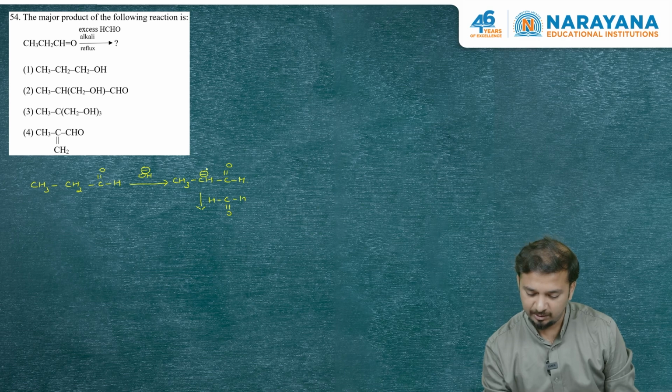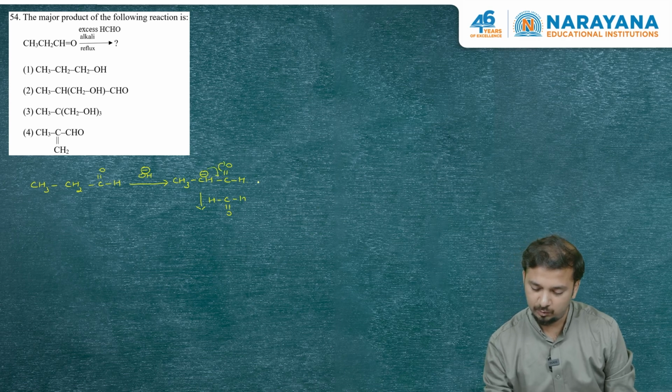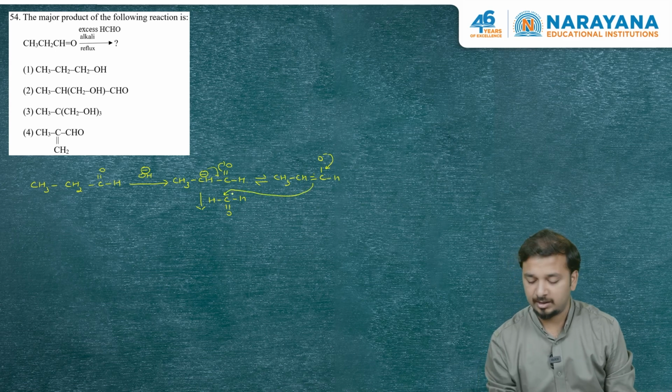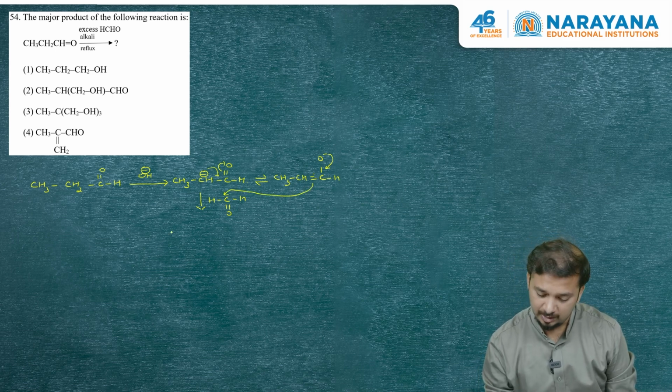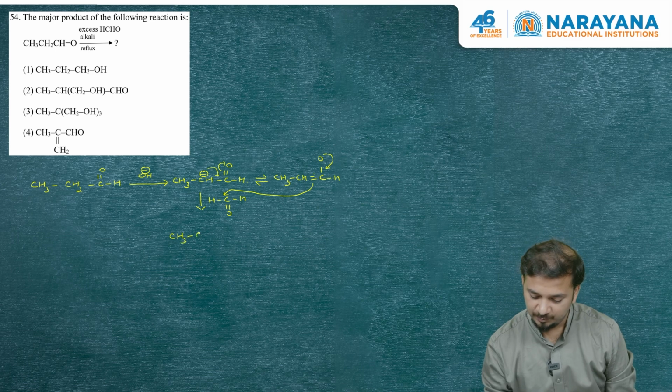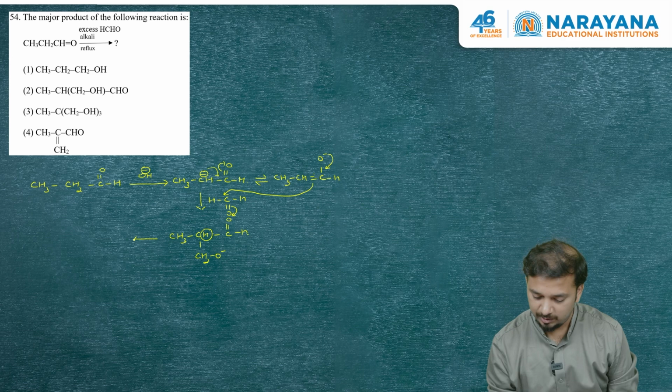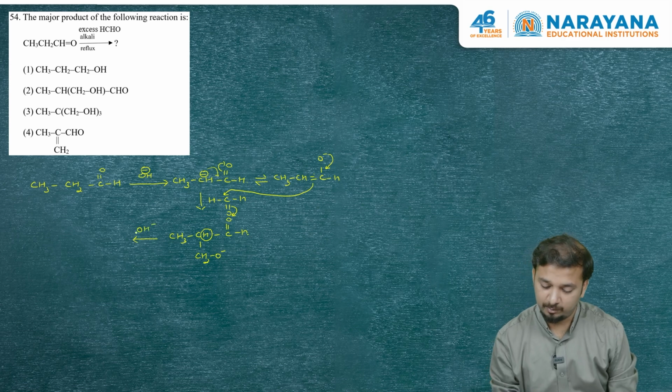If it is attacking on this molecule of HCHO, let me draw the enol first. Enol will be CH3CH double bond C, O negative and H, and this enol form now will attack on this carbon. So if it is attacking on this carbon, it will be converted to CH3CH, CH2O negative, and this side will have C double bond OH. Now this compound still has one more acidic hydrogen. So again in presence of OH minus, there will be formation of enol.